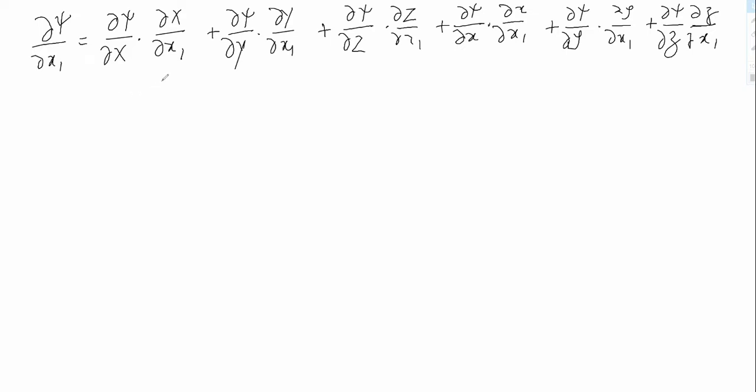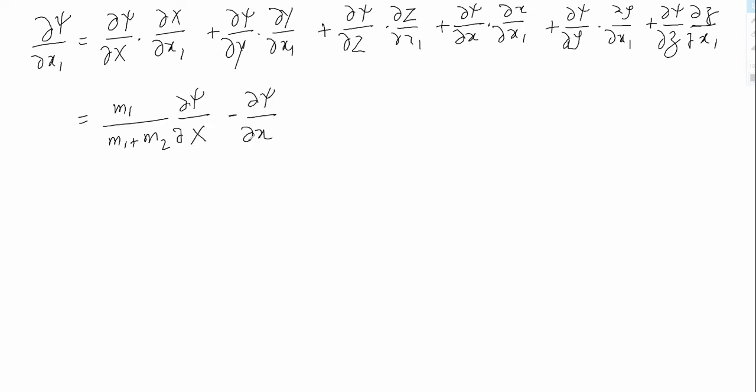Now, since I have already written how capital X is related to x1 and x2 and similarly y and z, when you put this value here, what you are going to get is this: m1 upon m1 plus m2 delta psi by delta x minus